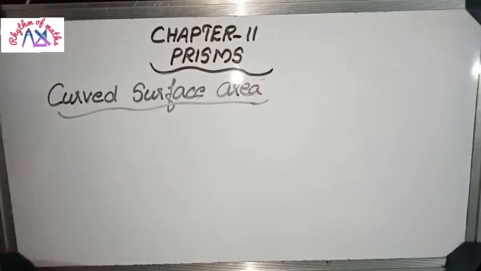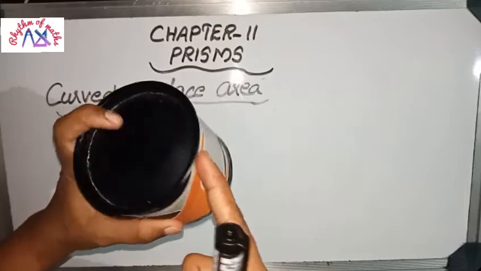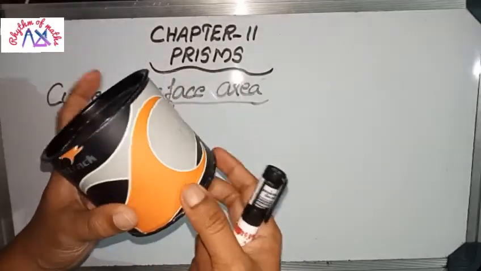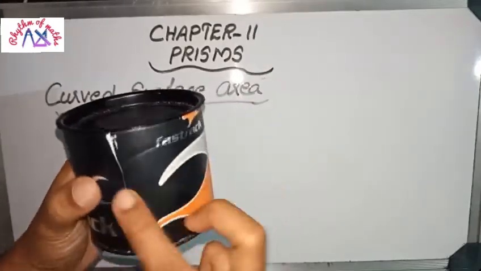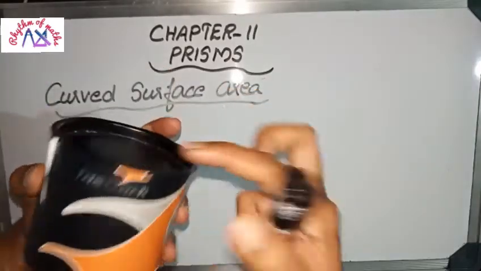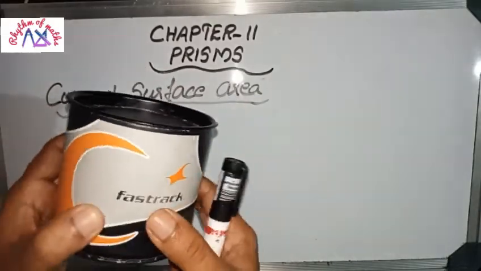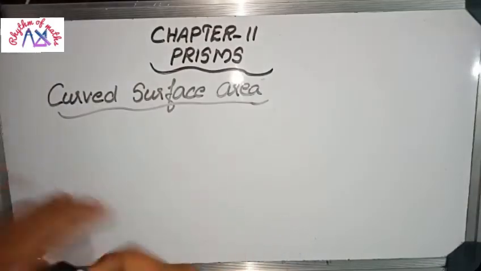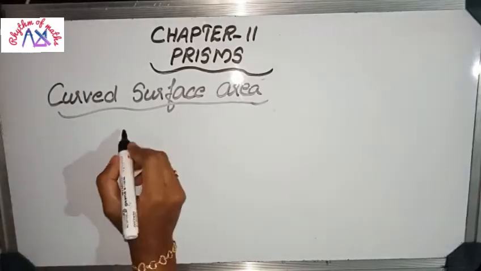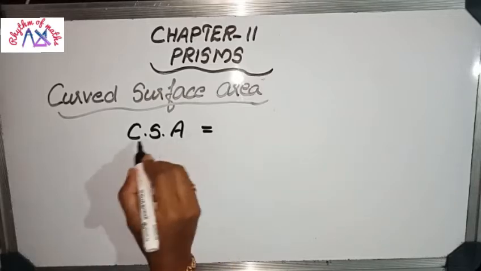Next subheading is curved surface area. So curved surface area means this is the shape of a cylinder. Here the upper portion is a circle and the lower portion is also a circle. So this is the shape of a cylinder. Okay, now here curved surface means this area other than these two bases, first base, second base, other than means this portion. Okay, so this portion is known as curved portion.